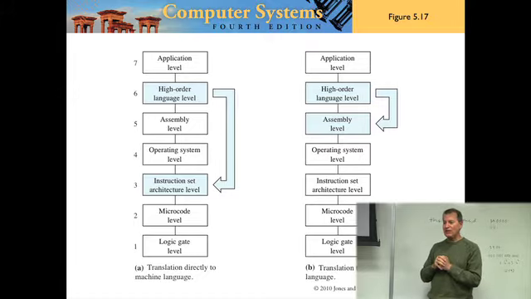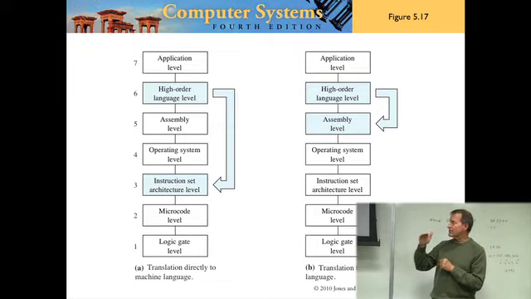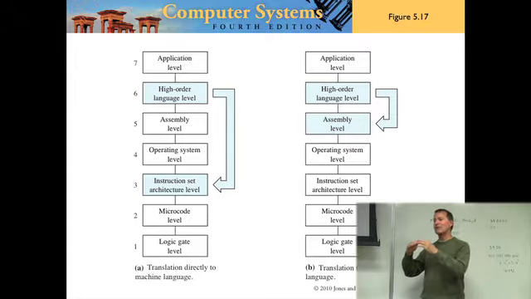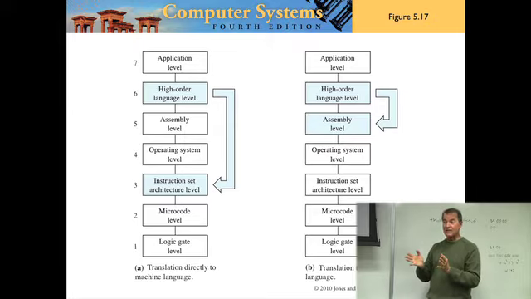It's also possible to have it compile directly from level 6 to level 5. But then if you do that, what do you have to do after that? Assemble it from 5 to 3. And that's not uncommon. It's actually possible to do that. In fact, it's not uncommon at all. In fact, it's more common.